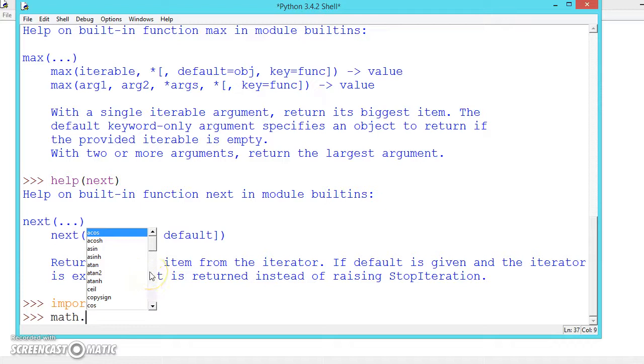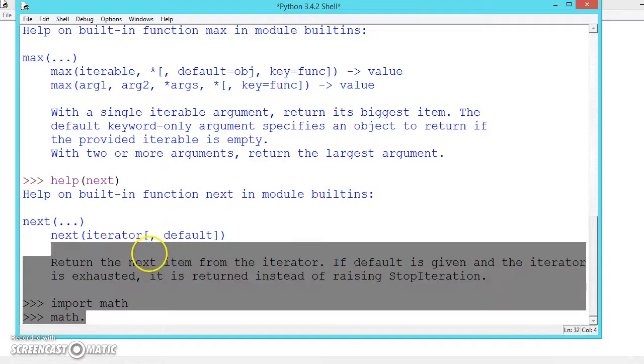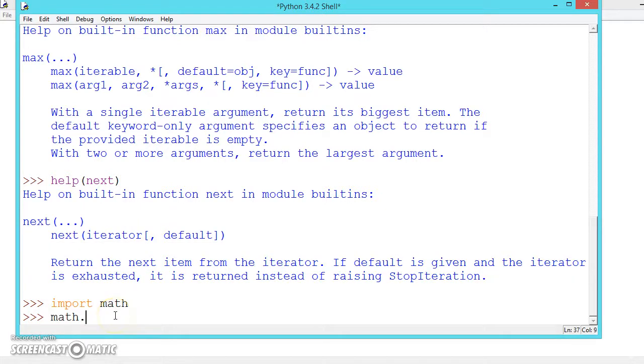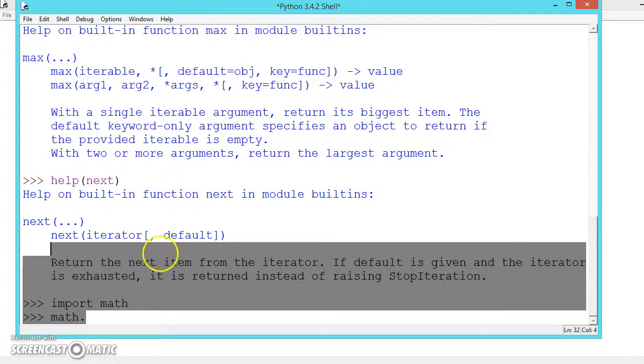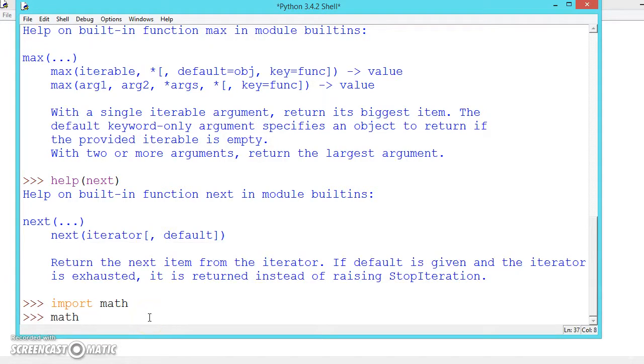See here, as soon as I press the dot, all the available functions are shown. Let me press dot one more time. If you don't know what to enter, it will show all the functions available. So these are all the functions. Press the down key to see all the functions.